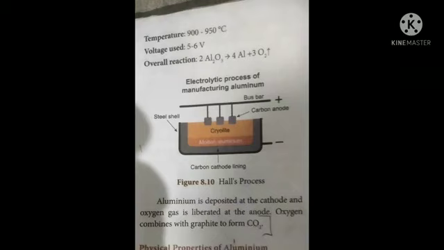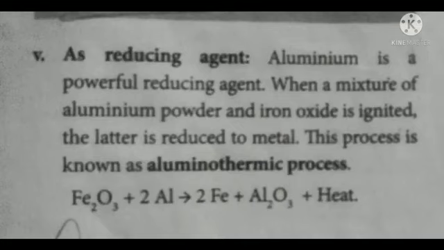It's very, very important. Then in the physical properties, you should learn the value of density, which is 2.7, and the melting point, 660 degrees Celsius. Under the heading chemical properties, there are 5 subheadings, students. Learn the last one, reducing action. Indirectly the question will be asked: write the chemical equation for the aluminothermic process. You know the other name for reducing action is the aluminothermic process.